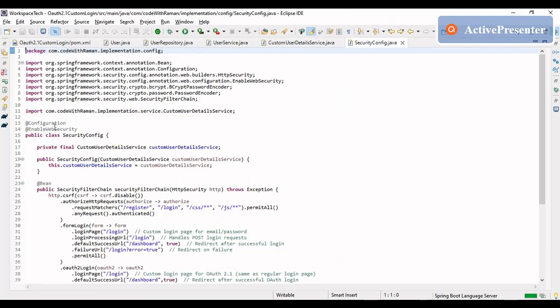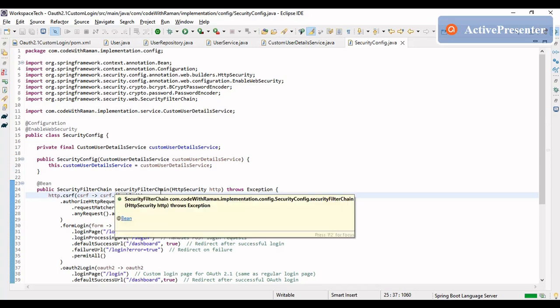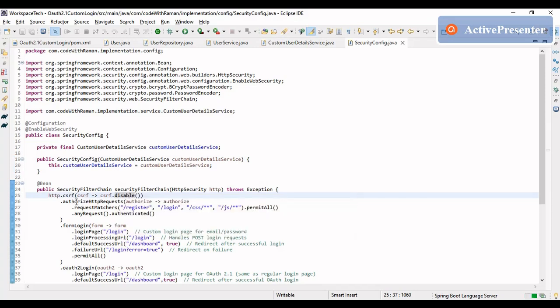We have marked it as @Configuration and enable web security, right? So we have the custom user details object as a part of the security config constructor, right? The custom user detail object we have already created. And then we have the security filter chain method. So here we have the security filter chain bean, right? What we are writing here is we are first disabling the CSRF token, and then we are writing the